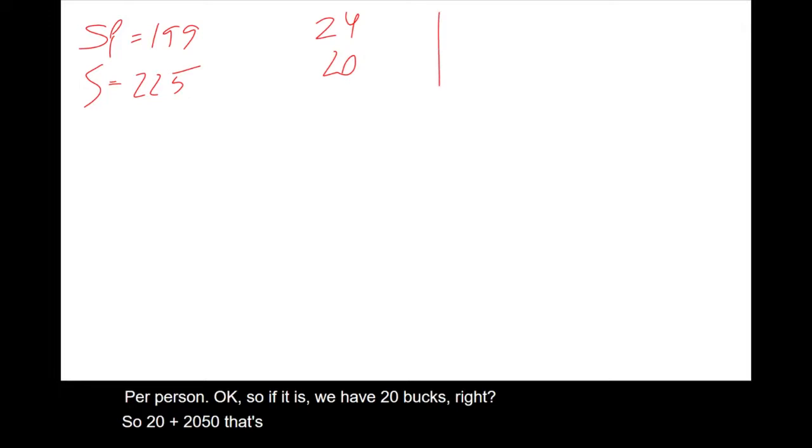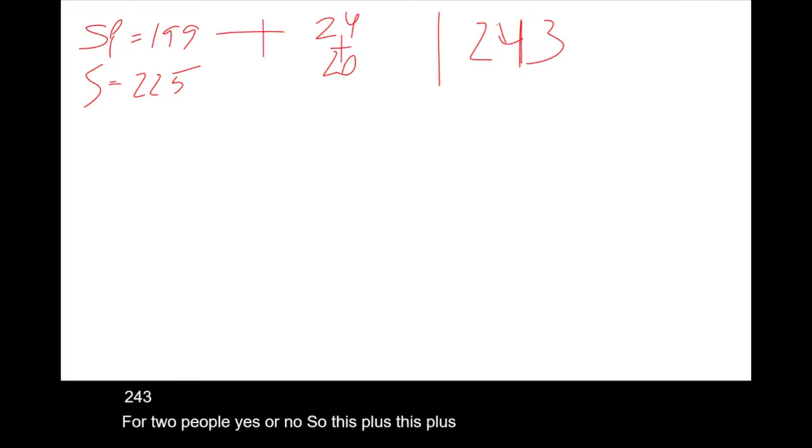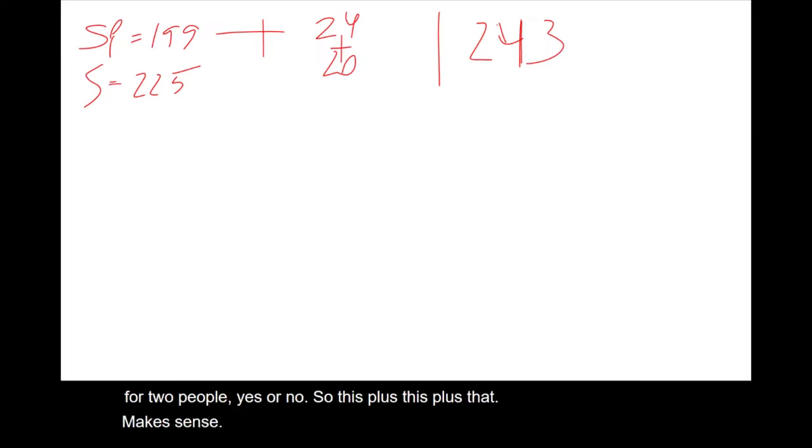And total we have what? 199 plus 24 plus 20, 243 for two people, yes or no? So this plus that. Make sense? That's discounted price. The markdown at which package was sold. So